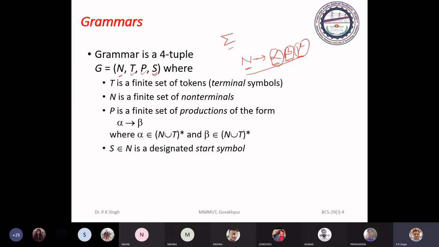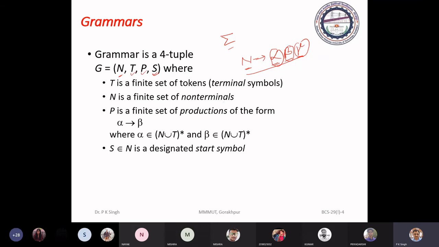The start symbol says that if we start from this symbol and use the productions repeatedly, and we are able to generate any string consisting of a sequence of tokens, then we can say that the string belongs to the language.